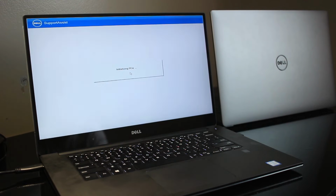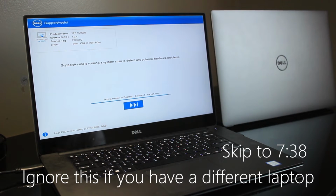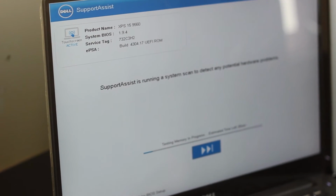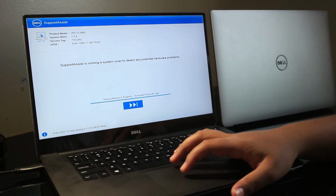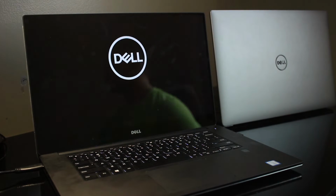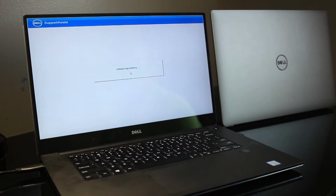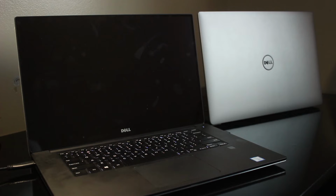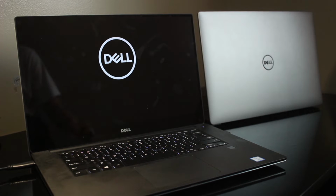And here's the second problem. Now my computer is in a Dell Support Assist boot loop. And you know, I'm just gonna wait till this finishes and reboot and show you what I mean. So now that it rebooted, as you can see, it's going back into the Support Assist and it's just a constant loop. So in order to fix this, just shut down your computer by pressing and holding the power button,